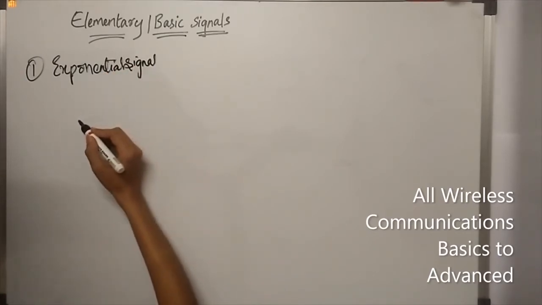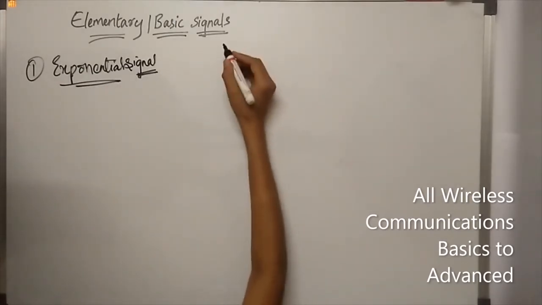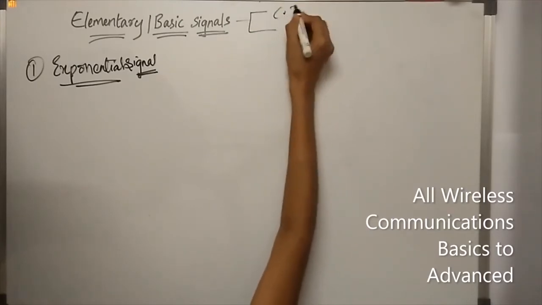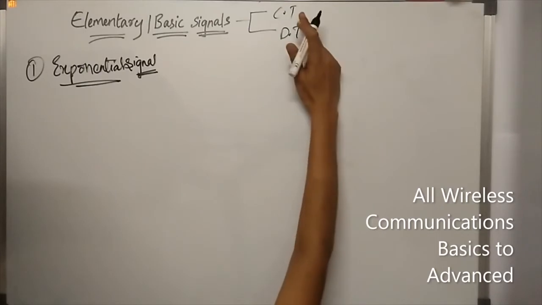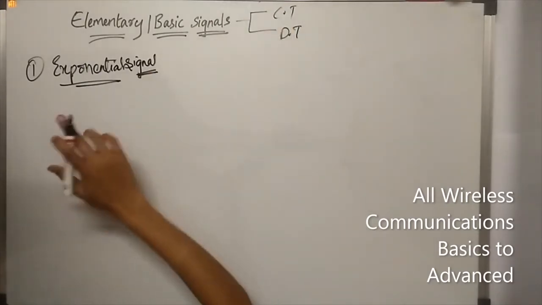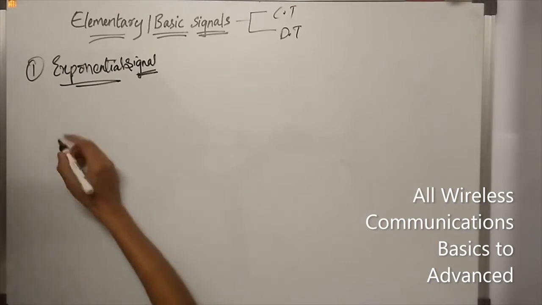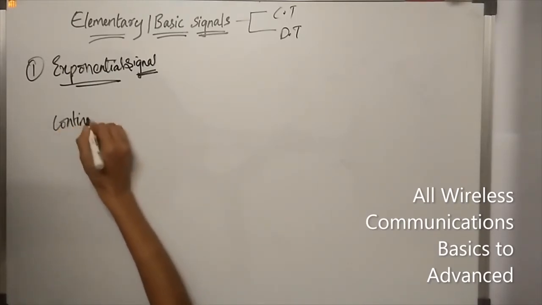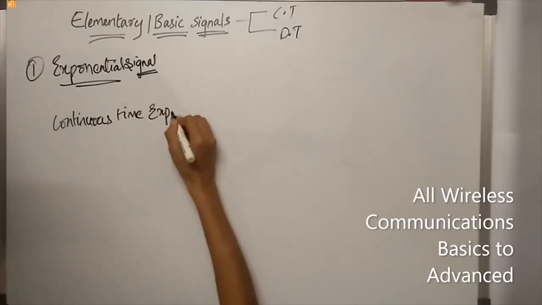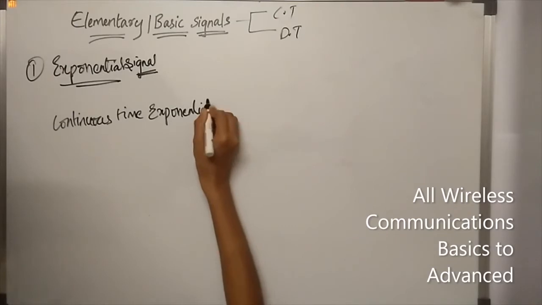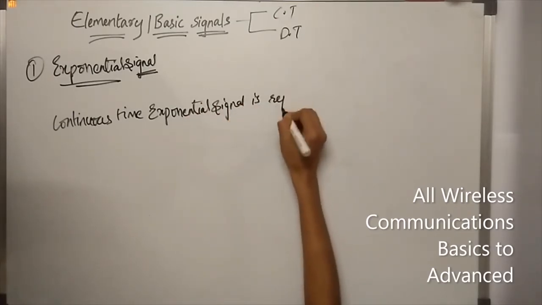An exponential signal, a continuous time exponential signal. So signals are of two types: continuous time and discrete time, right? We have seen this in the first class. So today we will see a continuous time exponential signal. So the continuous time exponential signal is represented as